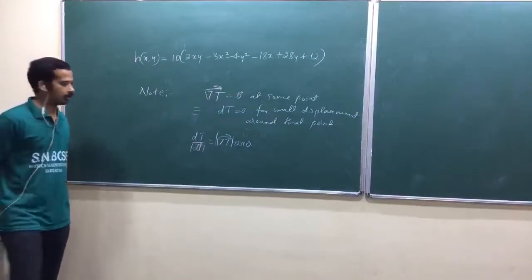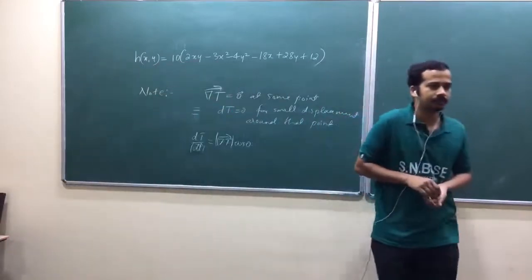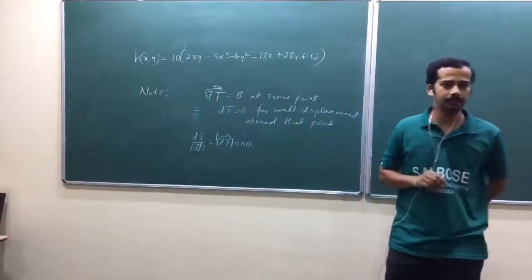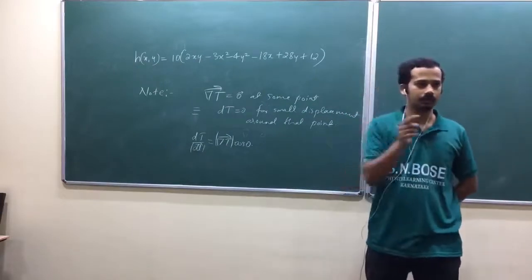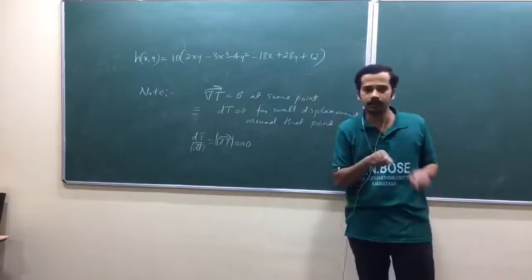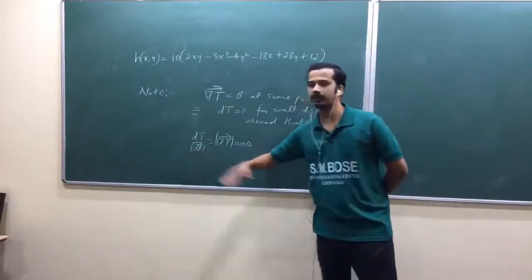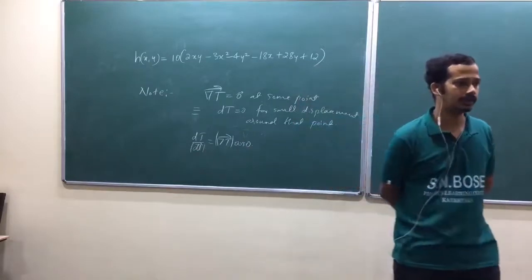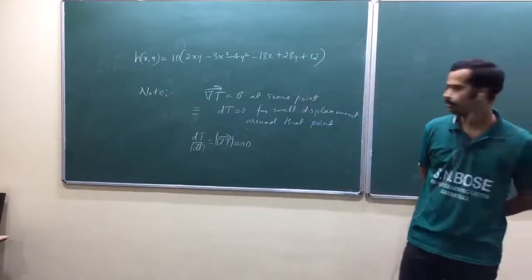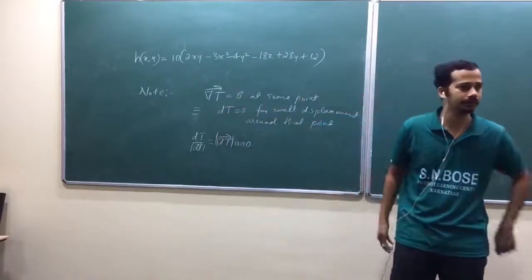Now the situation is you can displace in any direction. In single variable calculus, we have only two ways. Am I right? So now from the top of the hill, you can displace in any direction. So that's why this dl vector can point in any direction at the top of the hill. So change in dt is equal to 0, since del t is equal to 0. Okay.